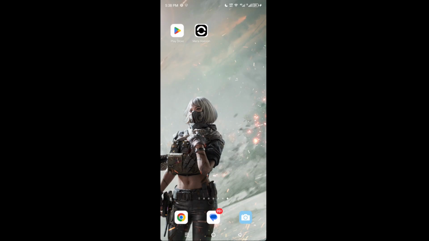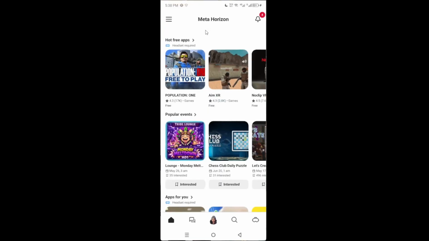Start by opening the MetaQuest store app on your mobile device. Give it a moment to load the home screen. The purchase history you're about to see is linked to the account currently signed in on this app, so what appears here reflects that account's activity. A stable internet connection helps everything load quickly and accurately.